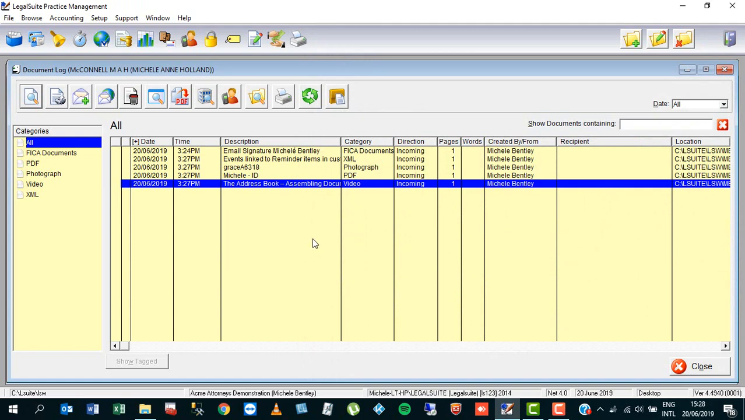Right, so as I mentioned before, you can bring anything into the document log by simply dragging and dropping it. Emails are dealt with separately from your Outlook, and please do have a look at our webinar on how to import emails into Legal Suite using the Outlook